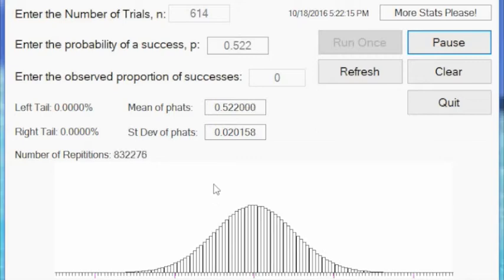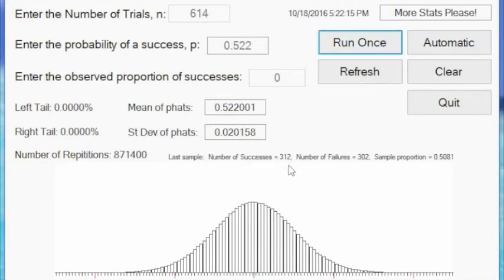So the few things we want to see from this demo, one of them is that every time you do p hat, you tend to get something a little bit different. Sometimes too low, sometimes too high, tends to never be right. The mean of the p hat seems to be settling in on the true value of p, which is interesting because not a single one of the p hats equals p, but the average of all those p hats is p. And the standard deviation seems to be settling in on a number as well,